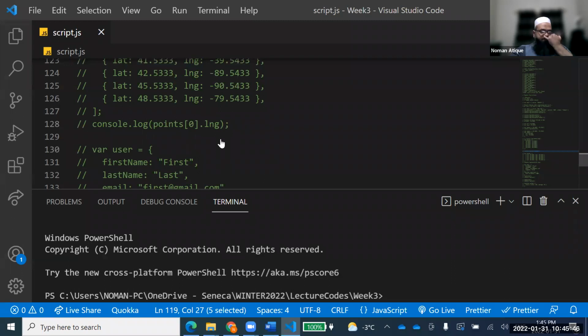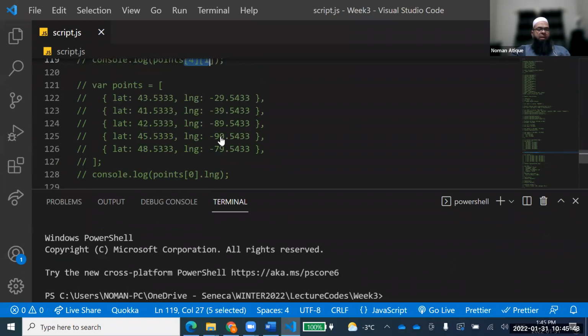Right. So what will happen is that now if I want to access something, I'll have to just know the row, for example, and I can just access that. For example, 0.0 of longitude, I'm talking about -29, 0.1 of longitude, -39, and so on. So all these values can be accessed by using the name of the array alongside this 0 plus dot longitude